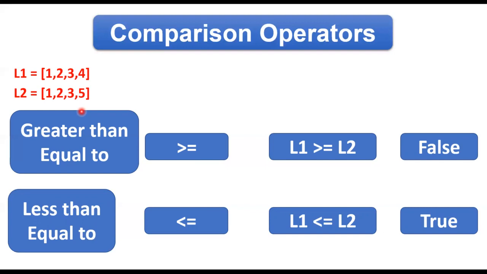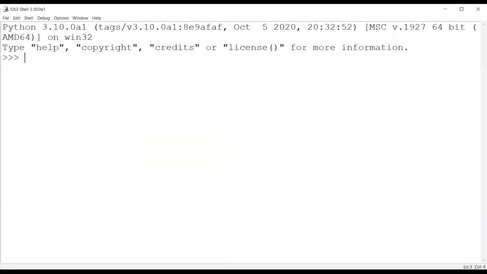Some more examples I'll be giving you practically. So let's move on. If I write over here [1, 2, 3, 4] == [1, 2, 3, 4], that means my list 1 is equal to list 2 or not. I'll get the result as true. Because if we compare the number of elements, both are equal. And if we check elements, then also the elements are equal in both the lists. So I'll get the result as true.